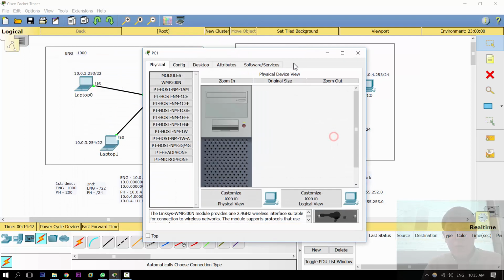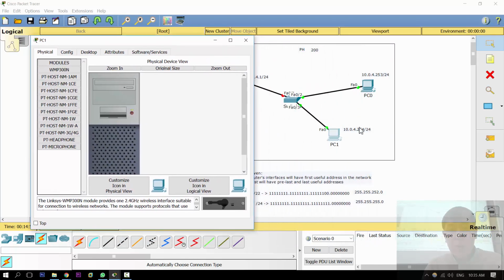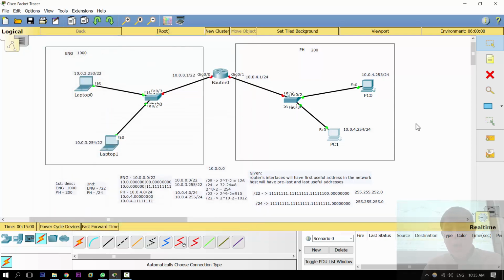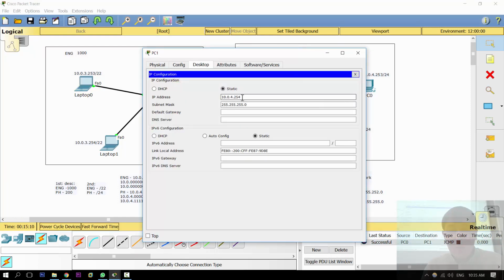And let's go to PC1, and PC1 will be configured using this node. We just write here 10.0.4.254. And again, the subnet mask has to be the proper subnet mask. Okay, and we can check the connectivity between these two devices, like this. Successful, you see. But in case, for example, you change an IP address or a subnet mask to a different subnet mask,